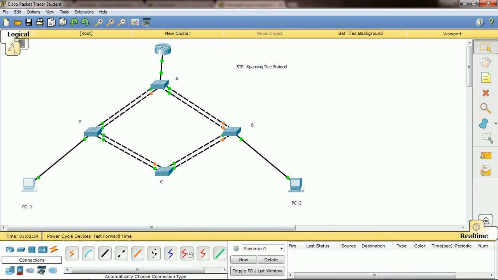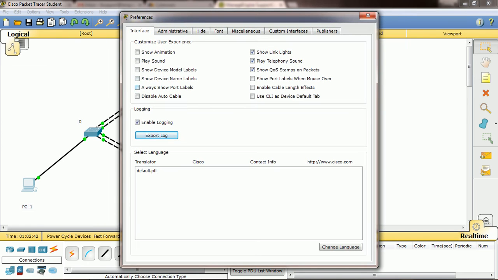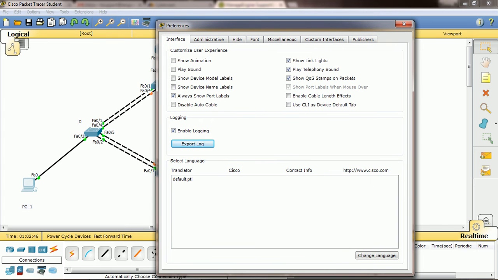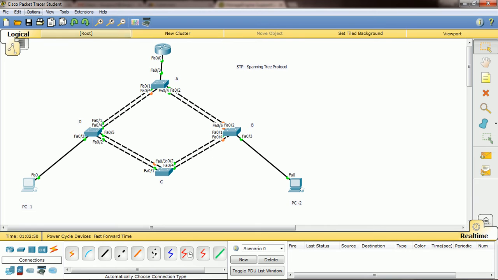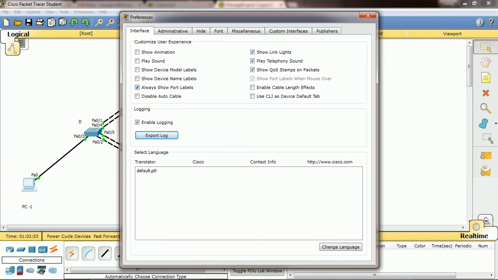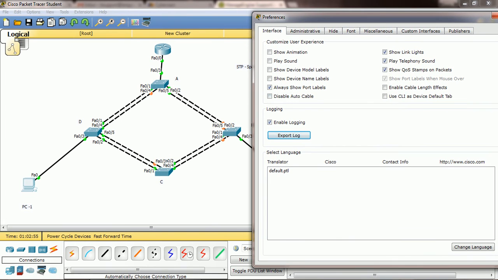Okay, and also here I disabled the port numbers option. You can see here, go to options, click preference, and always show port labels, right? See, it's selected. If we deselect, then it will go.